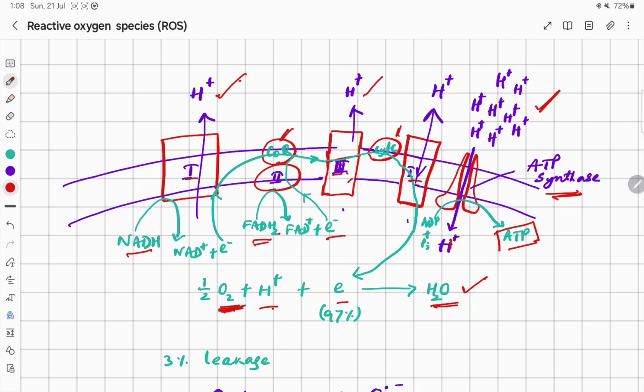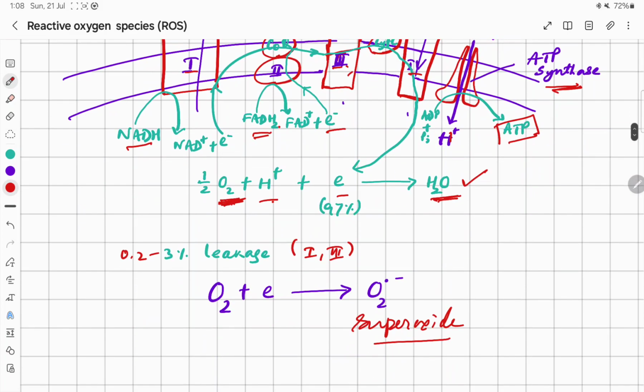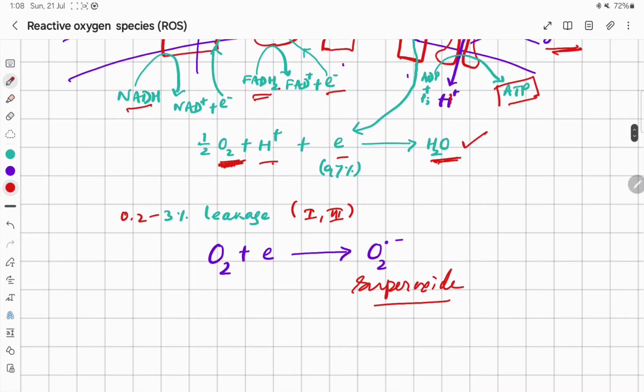So the electrons generated through the electron transport chain mainly help in the reduction of oxygen to water, but there can be leakage of some electrons, from 0.2% up to 3%, from complex 1 and complex 3. Because of that leakage, electrons directly react with molecular oxygen to form the